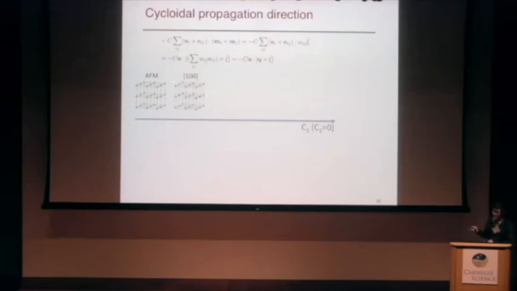Then for the 1, 0, 0 cycloid, we have two contributions of the same weight because these are the neighbors along this 1, 0, 0 direction. For the 1, minus 1, 0 cycloid, we have four contributions of the same weight, with plus or minus combinations, that can give us this weighted sum in this Q direction. And then for the 1, minus 1, 1 cycloid, we have six contributions of the same weight, and they can give